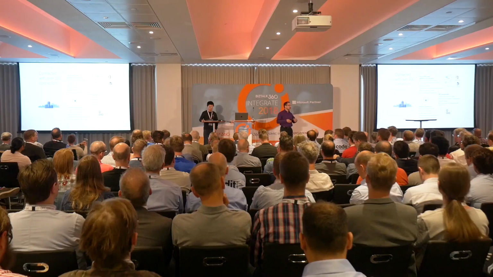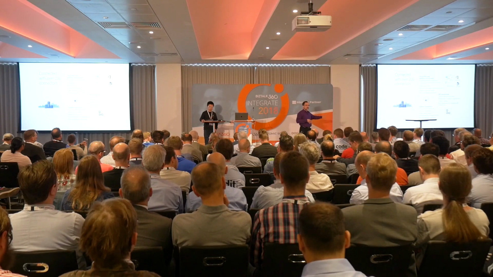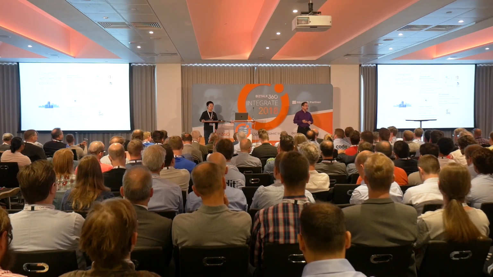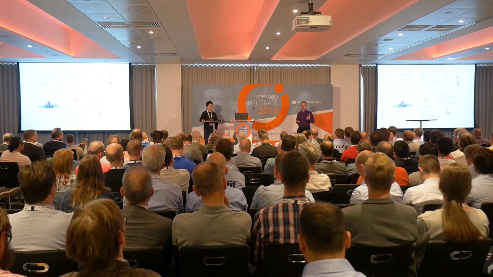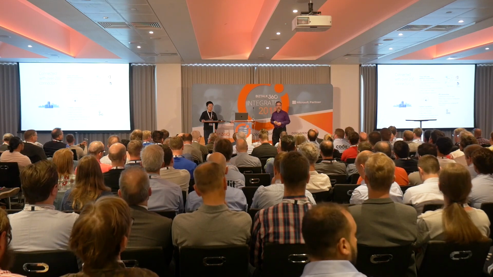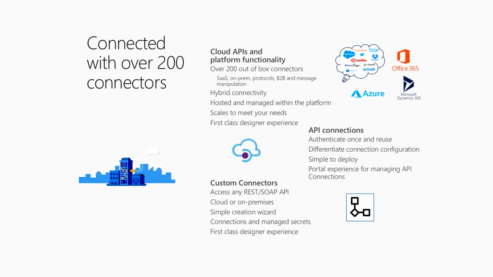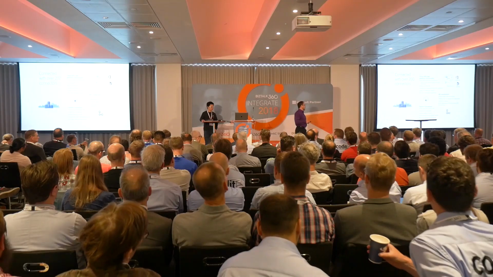Finally, if we don't have the connector that you want, or you have your own custom service, you're able to build your own custom connector. So then you can have the same experience with both using the API connection experience so that your secrets are distinct from your programming model, as well as being able to connect to services like REST and SOAP. Right? So if you have your own custom web service that's either on-prem or in the cloud, you get to build your own custom connector to do that. Or if one of the connectors we built, you don't like it, everybody has their opinion, you can go build your own. Right? We use the same technology to go build these connectors, and then we've made it available to you with the custom connector experience.